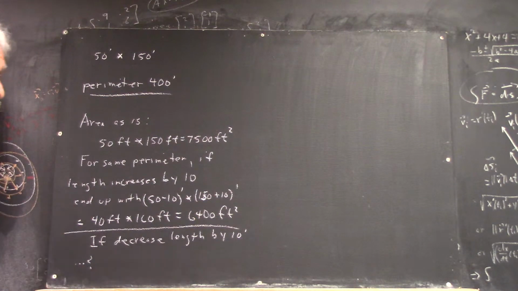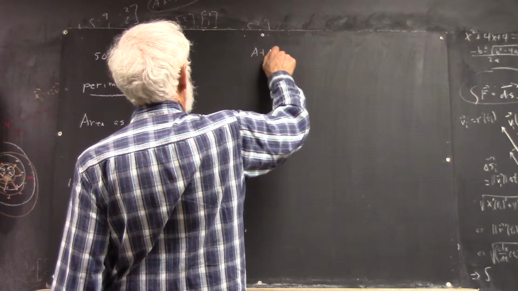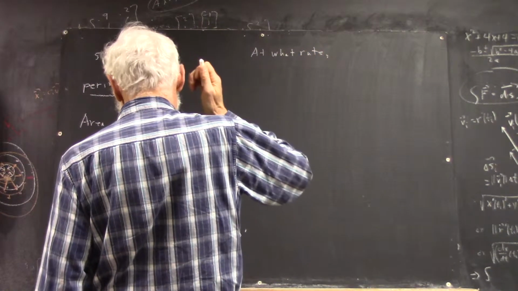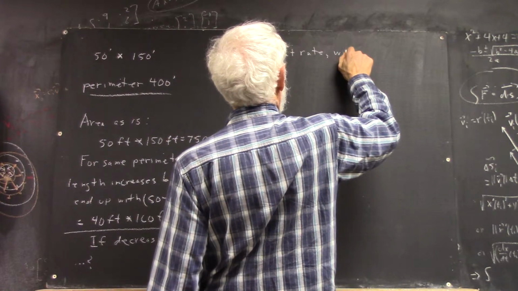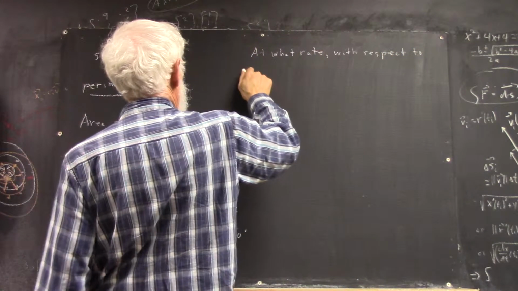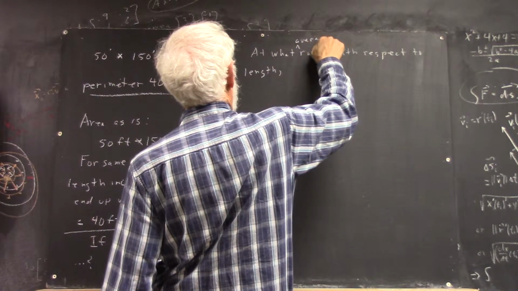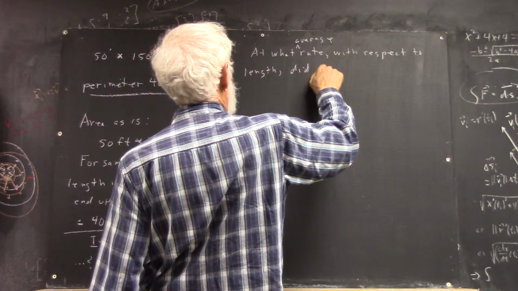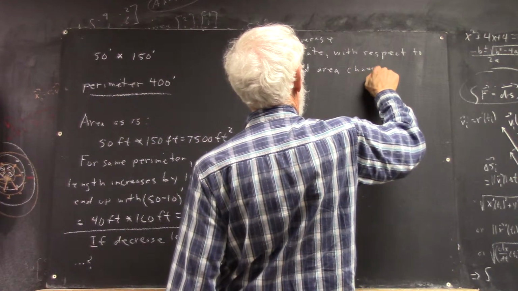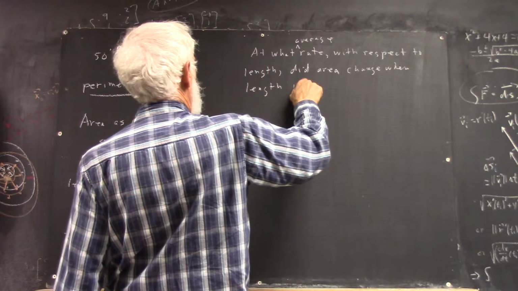So tell me what we get, and then if you get that, what average rate with respect to length did area increase or did area change when the length increased